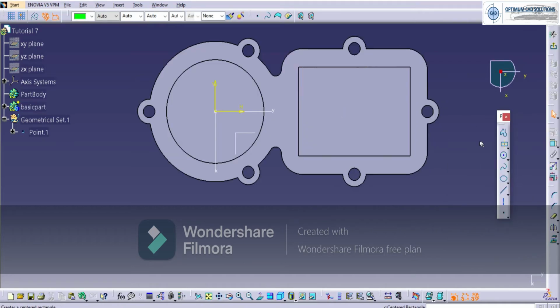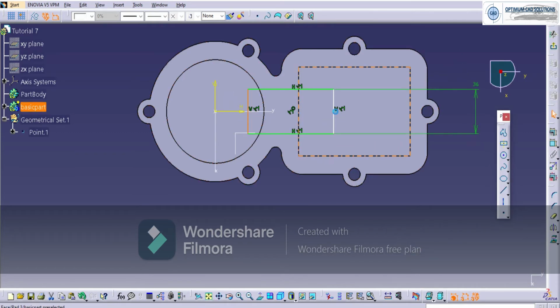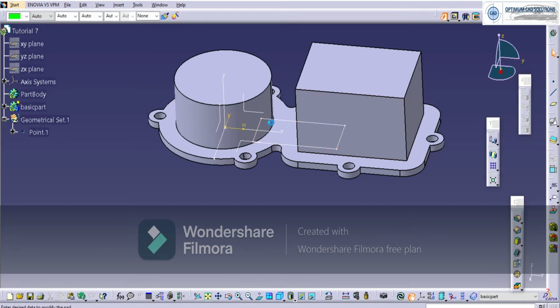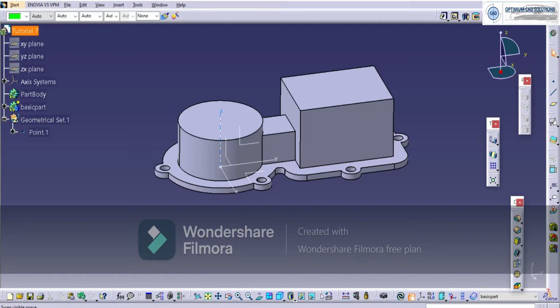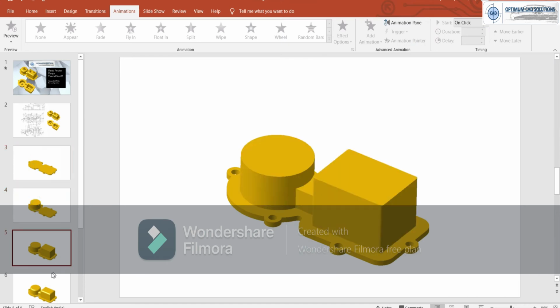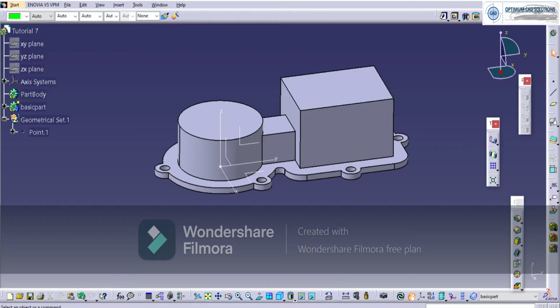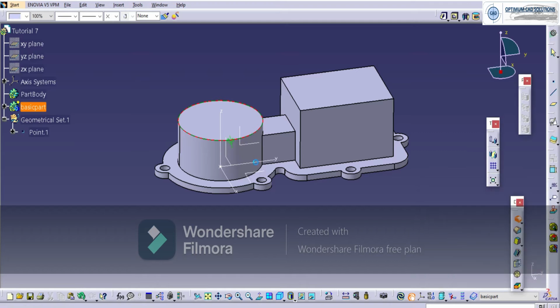Plane. We'll draw the rectangle with the dimensions as per the drawing. First of all, we'll give the necessary radius, 9 mm.